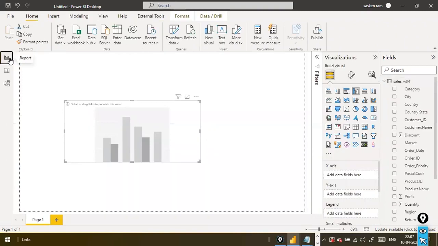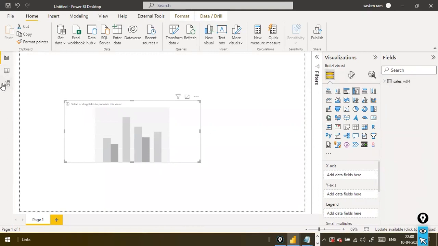The next one is I just click on the report view. That's it. On the right side, I can see this one. And